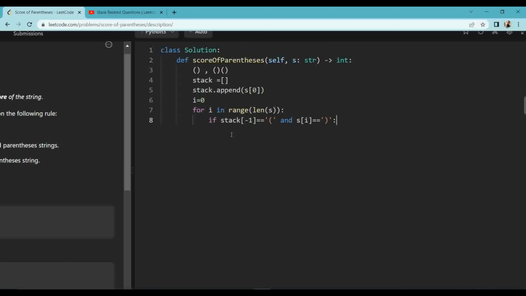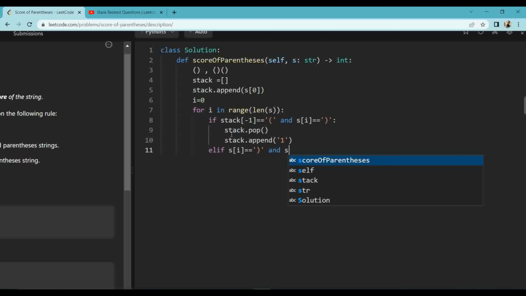So here I will pop the value, and we will insert 1. Else if my s of i is the closing braces, and if my current value is the closing braces, and